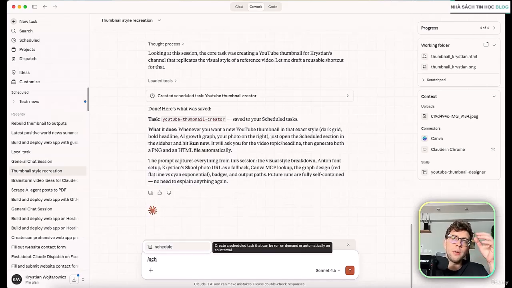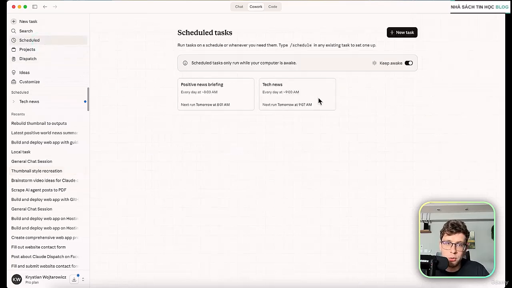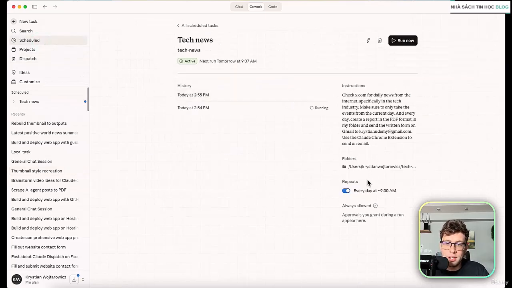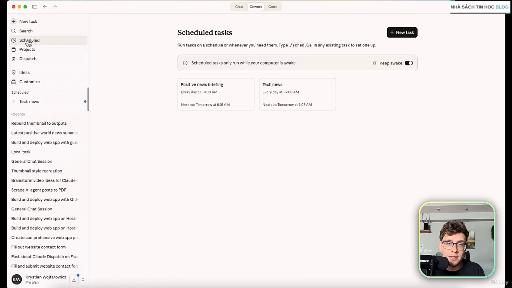So I would say with just spending 15 minutes, let's say you can find 5 chats with some tasks you did in the past, you can add them to the recurring tasks or even just save them here. They don't need to be recurring tasks. You can also go here, for example, and just disable this option. But what I mean, you can save the entire workflow. And then whenever you want to repeat that once again, you can just run it. And you can have everything in the scheduled task tab.